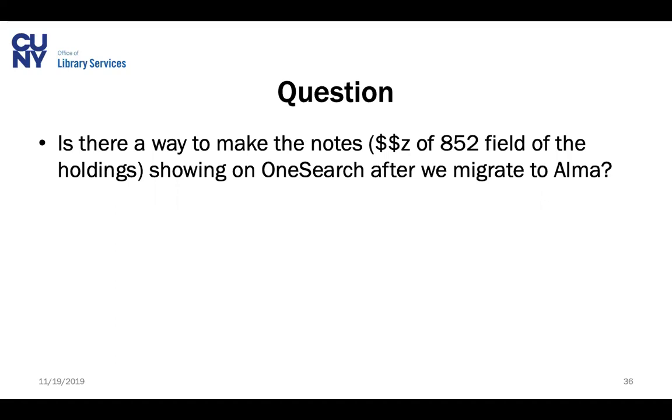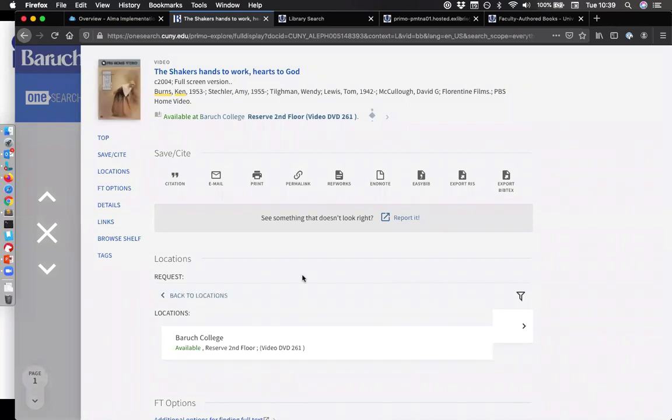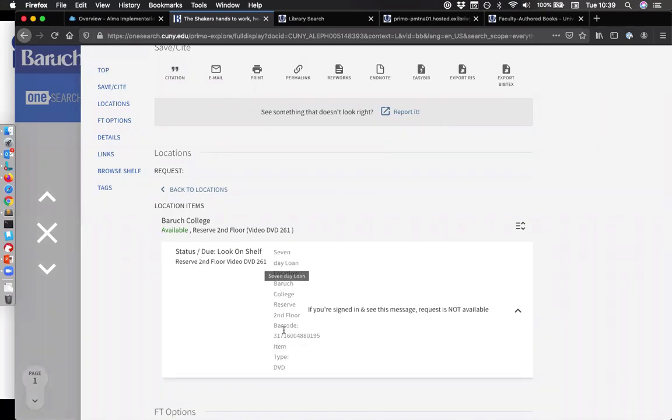So next question, is there a way to make the notes field, so it looks like the Z subfield of the 852 field of the holdings record, show up in OneSearch after we migrate to Alma? That is something, I believe we can do this now in OneSearch with Aleph records. I can't think of 852 subfield Z, but it's in, I think, the notes when you look at a record. So if you open up a local record and there you look at the item,